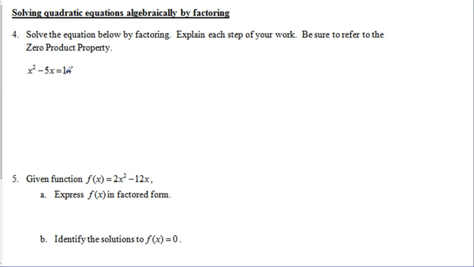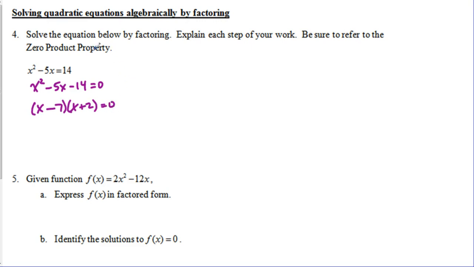So first off, I have to get it in what's considered standard form, right? I have to get equal 0 on one side. So I'm going to subtract 14 from both sides so I can begin to get it into standard form. Okay. At this point, we can think about factors that multiply to be negative 14 and add to negative 5. Certainly can make a box if you like. And either way, you're going to end up with x minus 7 times x plus 2